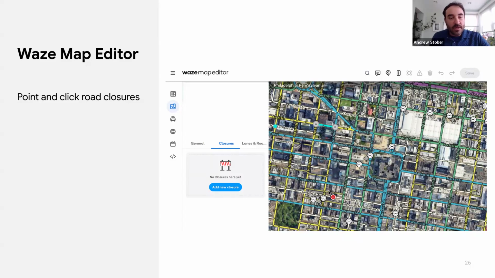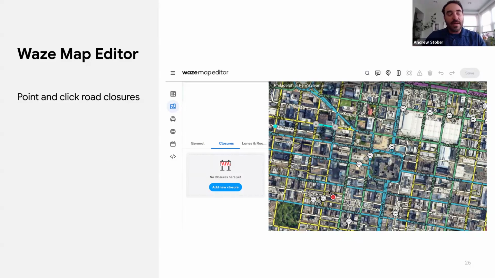So everything from a streets festival to a crane operation to a closure that suddenly popped up because you have a water main break. You can go into the Waze Map Editor, add those yourself right there, and those closures will flow through to Google Maps as well. So you get those across both platforms with just a few point and clicks. If you have major events going on in your city, you can also partner with our Waze map editing community, for instance, a marathon or something like that, and share the closure information with them, or share the closure information with a closure support team we have, and they'll enter all of that for you.